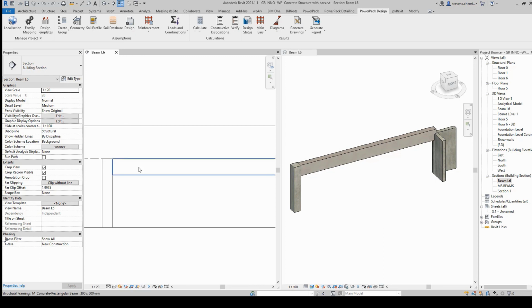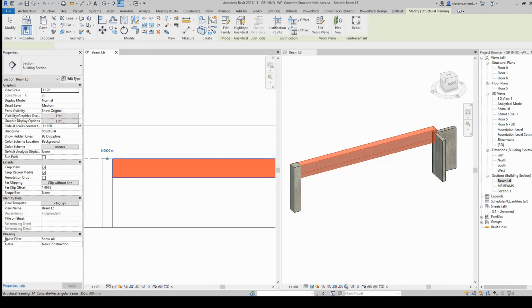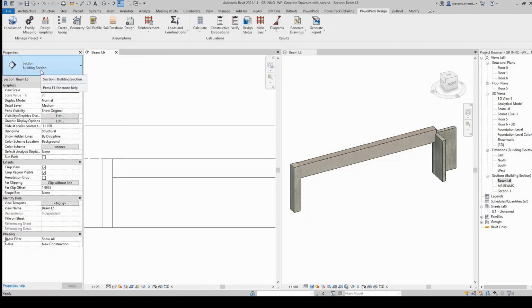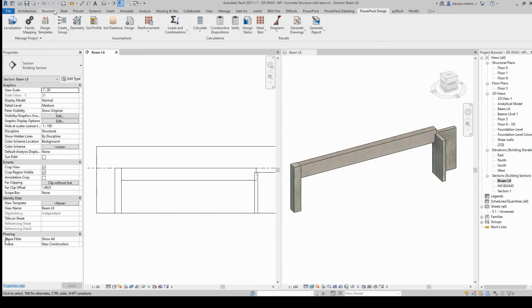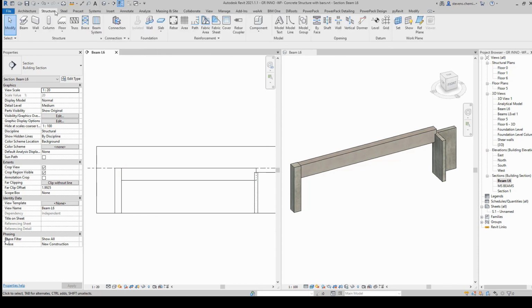It's a specific geometry command. This option is just to show you that we can control the geometry of structural members thanks to our dedicated command, and with this command it will be possible to customize the geometry of the beam.